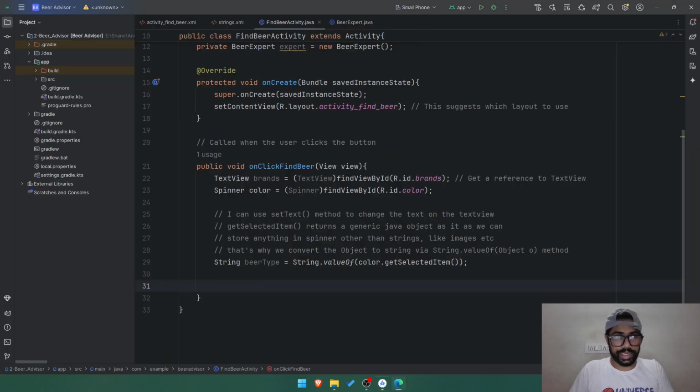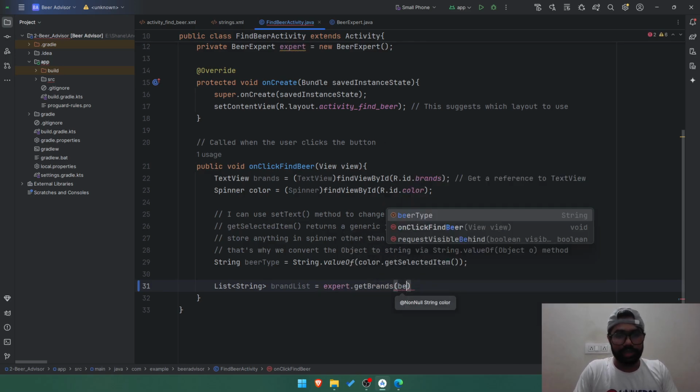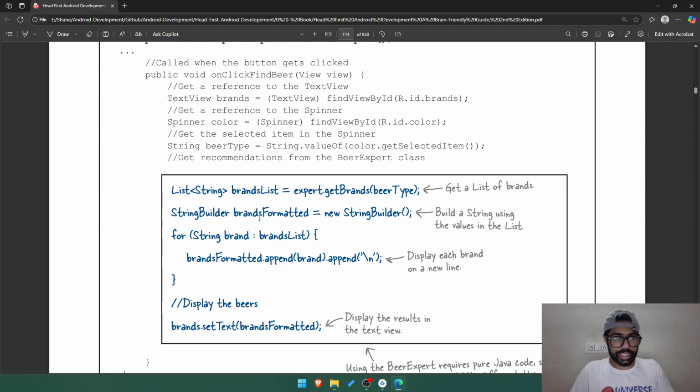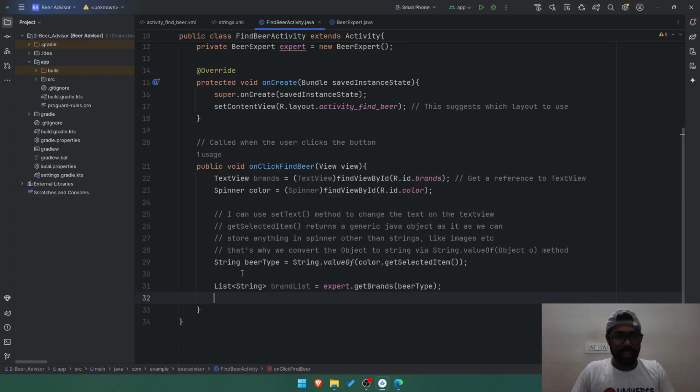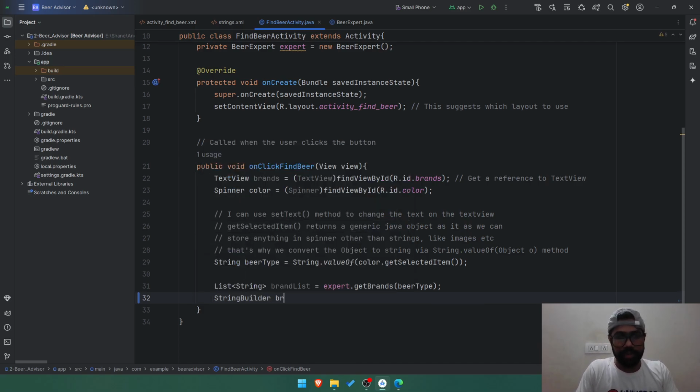We create a list, brand list, list of string, brand list equals expert dot getBrands, and we pass in the string which is beer type. We will get a list, right? Then we use the string builder, brand formatted string, brand list, display each line, right? And then we display. Okay, so string builder, brands